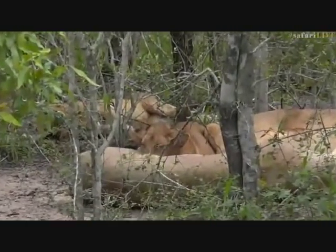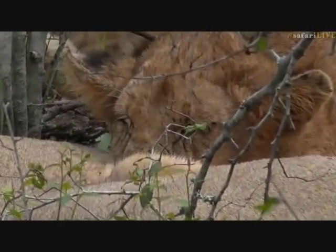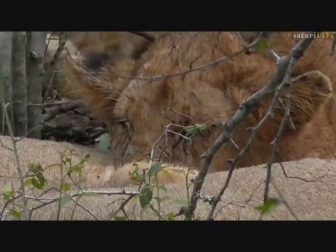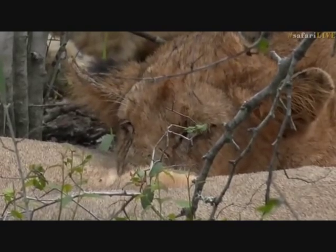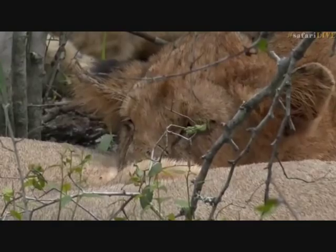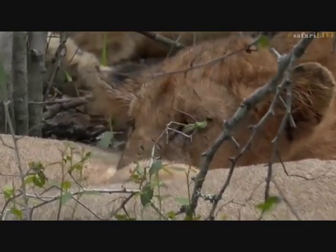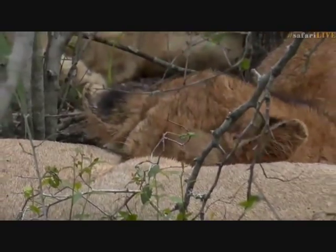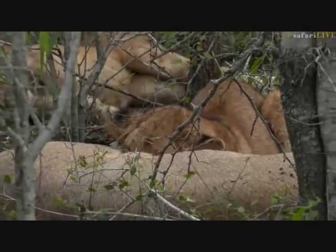And by block, I mean the space between roads, the bush between roads. And that was when the Birmingham boys were still taking over, and Scrapper came out of nowhere. Scrapper, unfortunately, no longer with us. But he was the 5th member of the Birmingham boys, and he came dashing in and chased them off that carcass. And they looked so terrified and unsettled, which is why it's been such a nice change over the last few months to see them comfortable